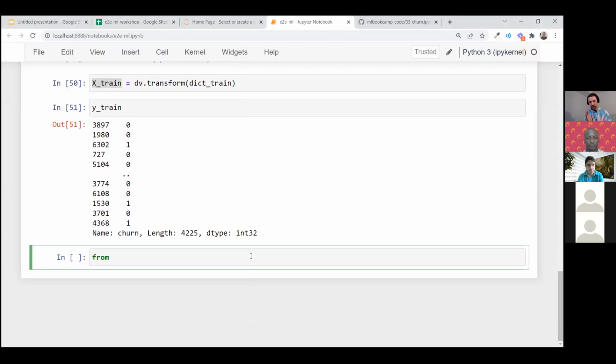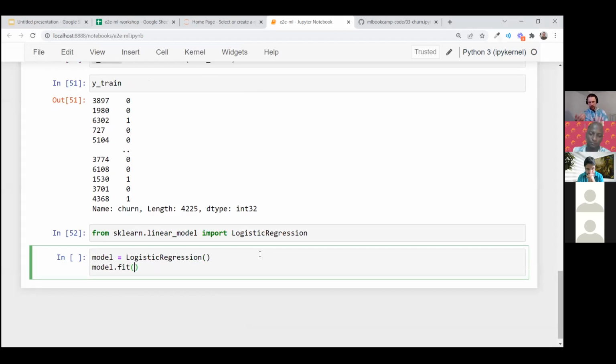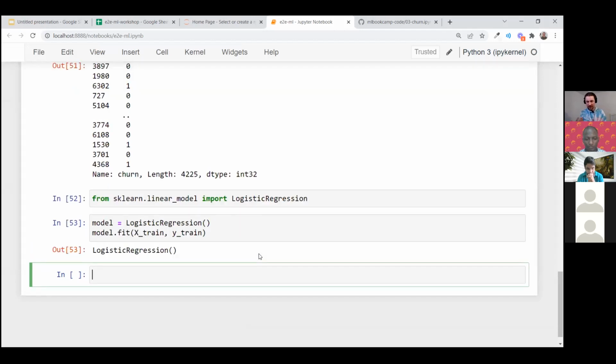For this, we will use a logistic regression model. This is a model for binary classification. In scikit-learn, it lives in the linear_model package. So we import this, and now we have our model. We create the model first, and then we do model.fit. So we train the model, and we provide this capital X matrix and lowercase y vector, and we just train our first model.